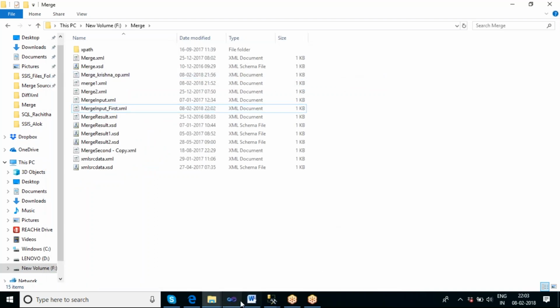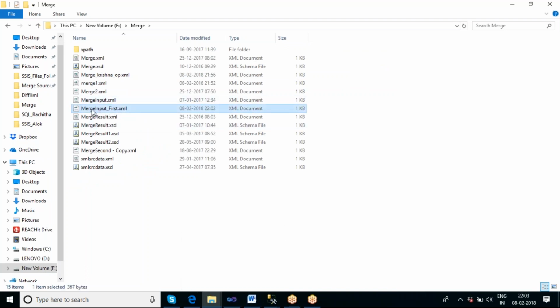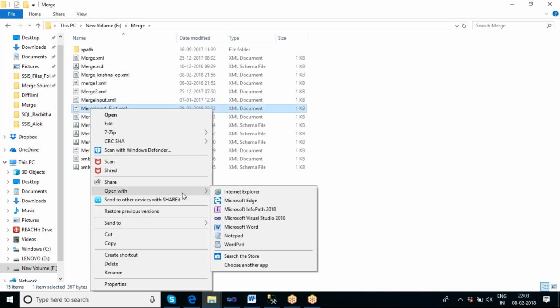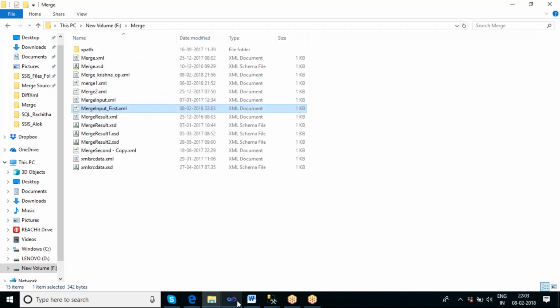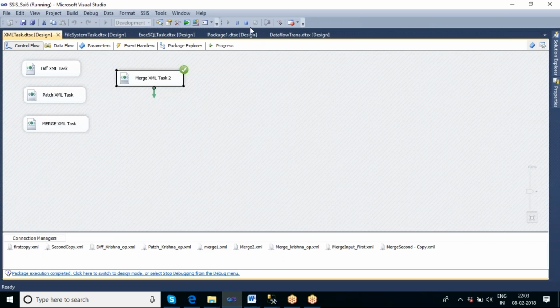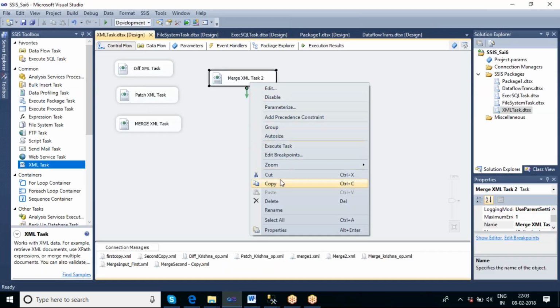So either you can specify the... Now you can go and see. Let me open it with the notepad. Now let me remove this information one more time. So let me save it. Now either you can specify the book of one or you can go and specify like this. So this is also valid, or one more type is